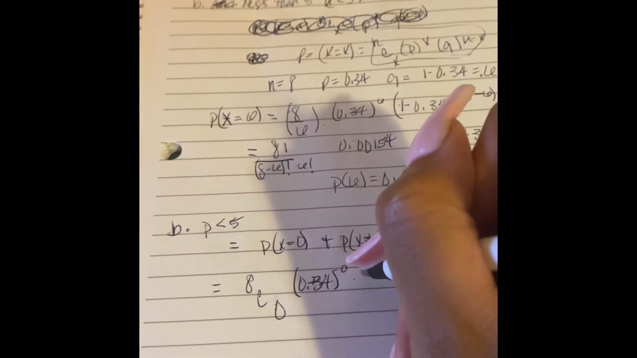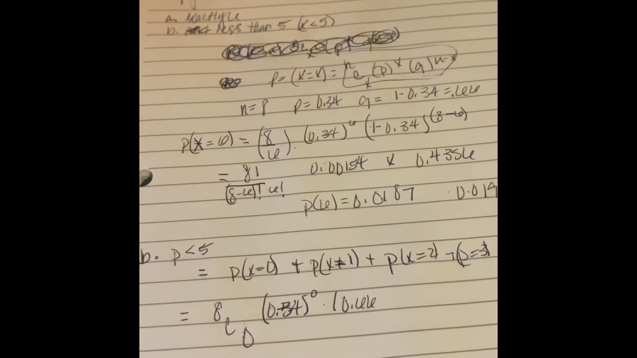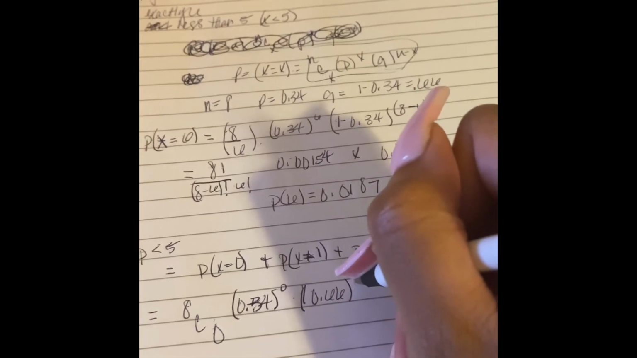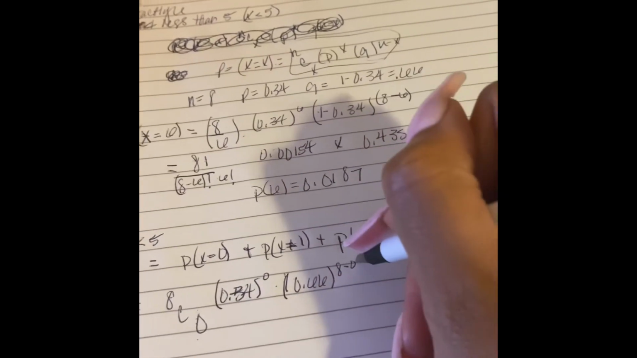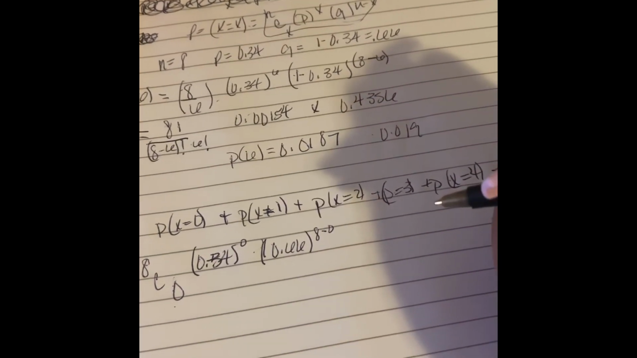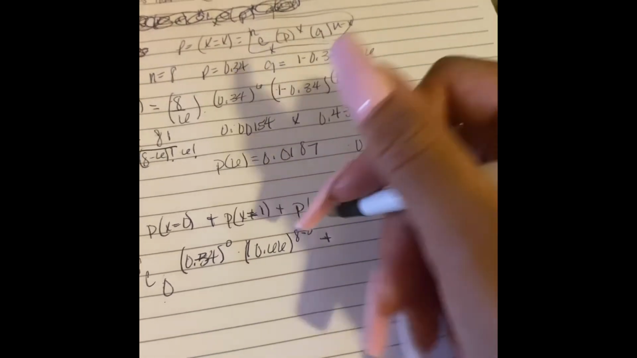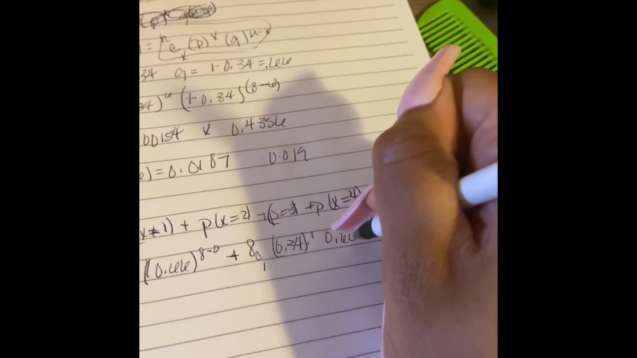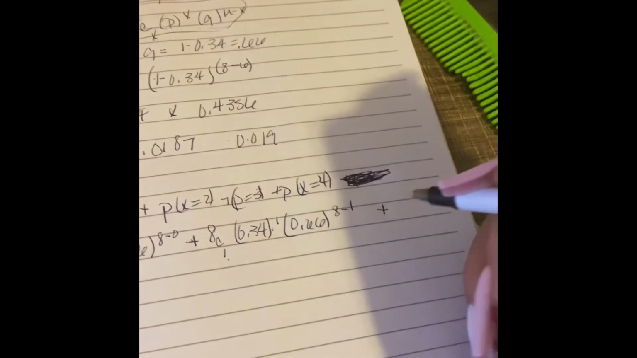Times the probability of failure to the 8 minus 0, since that's the specific number. And we honestly just keep doing that until we get to 4. 8 choose 1 times 0.34 to the 1 power times 0.66 to the 8 minus 1, because that's the specific number, plus 8 choose 2